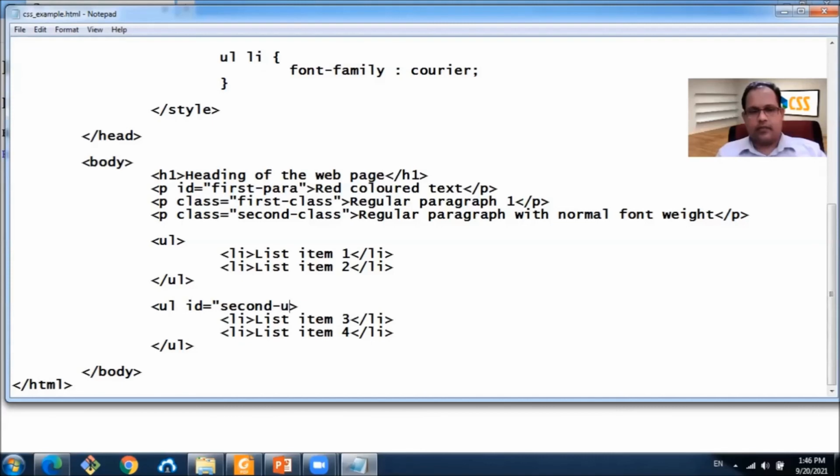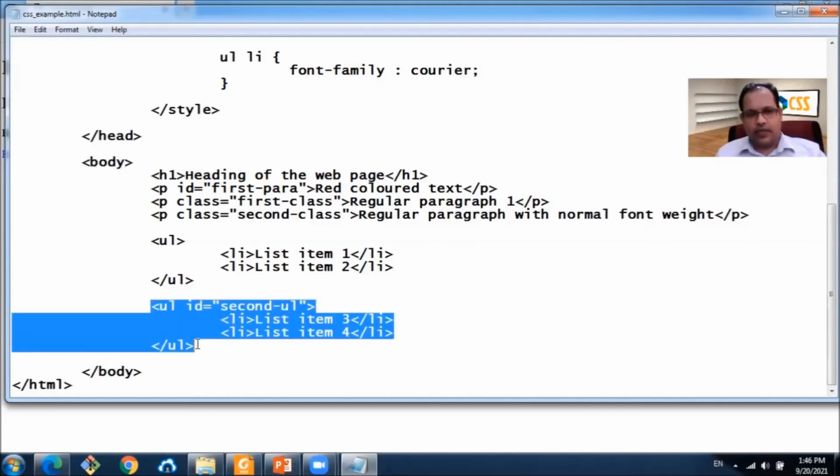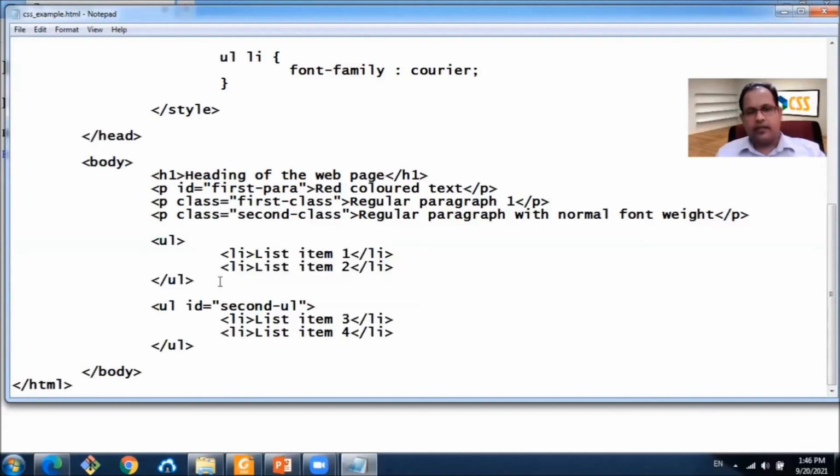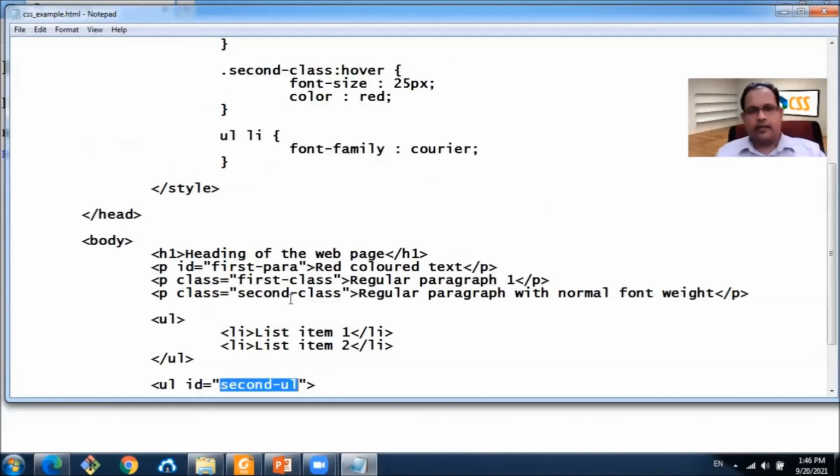Second UL. Right? So let's make the change only to this UL and not the former UL. So how do we do that?